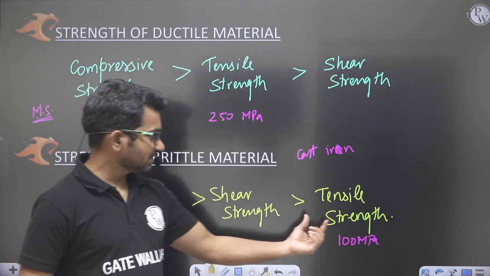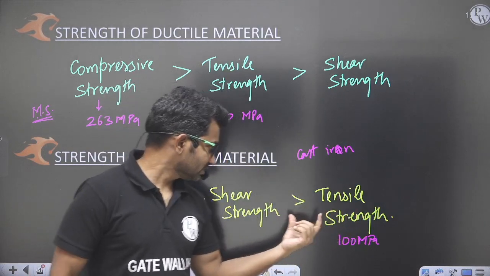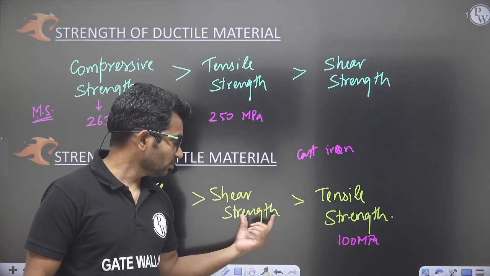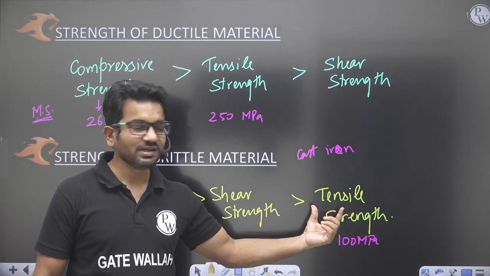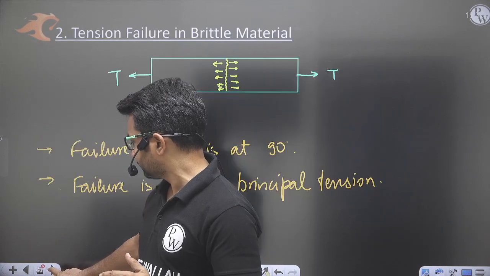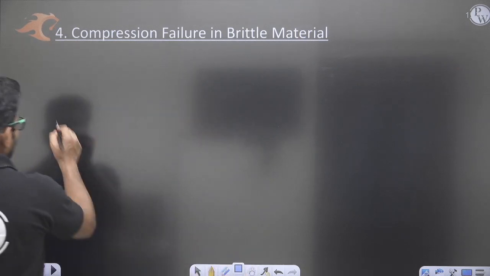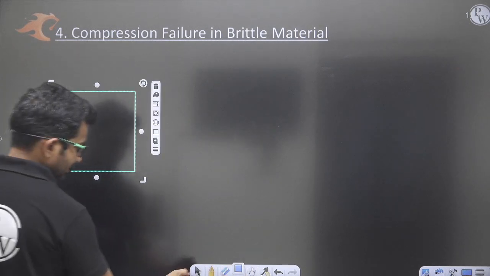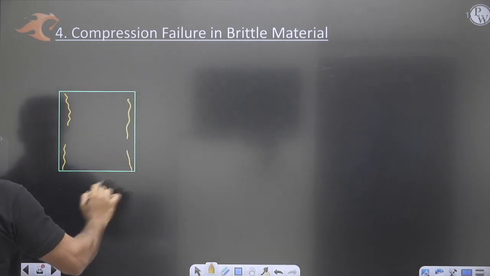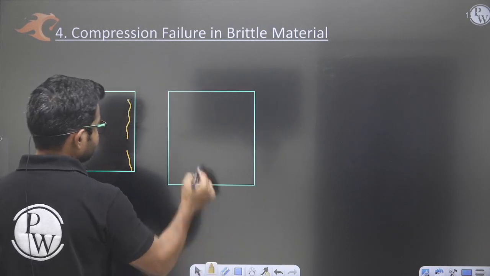Tensile, it is weakest in tension, okay. Compression, sorry, brittle material is weakest in tension, but failure will sometimes happen in shear also, sometimes in tension also. So many a times in concrete cubes, while testing, you will see that the failure plane will be like this. While doing compression testing of concrete cubes, you will see some cracks like this, and many a times you will see cracks like these also,